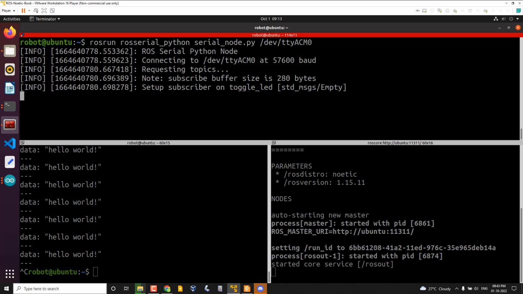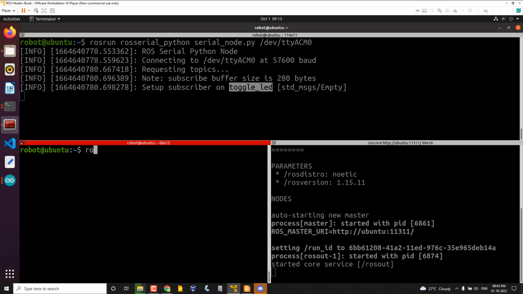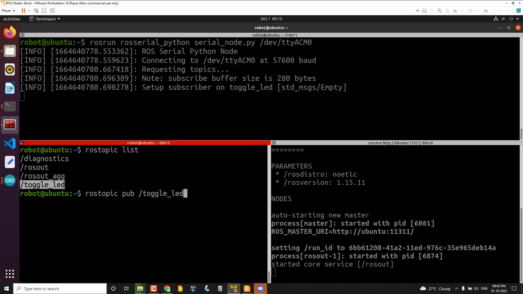Okay, empty is the message type, meaning nothing to publish. When you simply publish to this topic called toggle LED, it will toggle the LED basically. Okay, so let me check the ROS topic list, so you can see the toggle LED. So what you have to do is, using rostopic pub, you can publish the data to toggle LED,